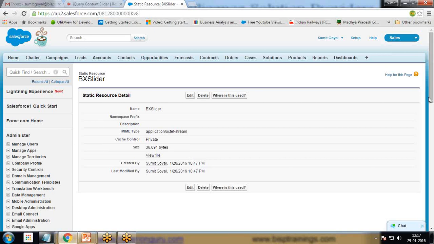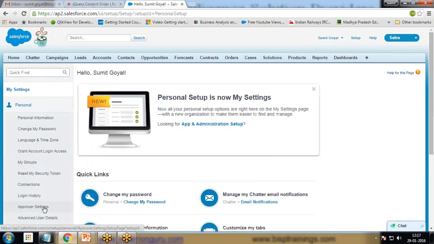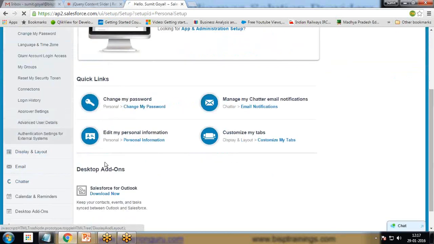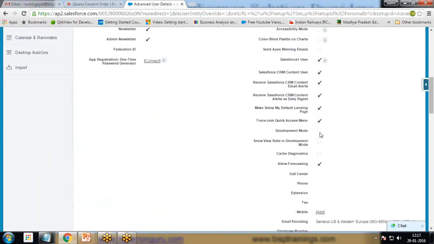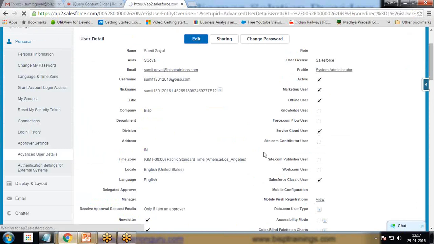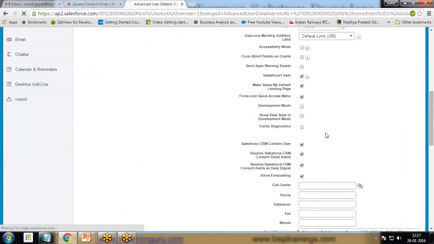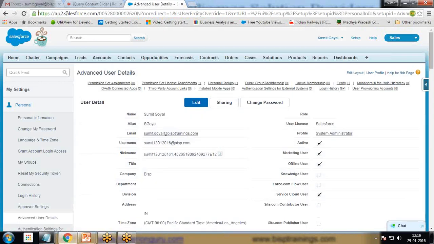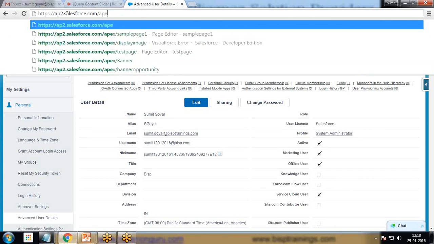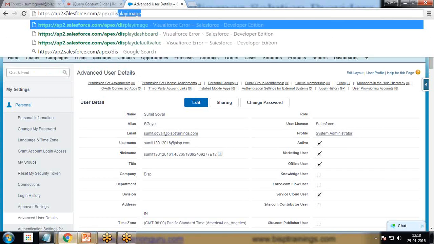implementation. The first thing I need to check is whether I'm in development mode or not. So I switch to the advanced user details and check for development mode. Development mode is not enabled right now, and I want to create a Visualforce page by using the URL interface. So I click on development mode and save it. And now I can use the URL functionality to create a new Visualforce page. So I create here apex slash